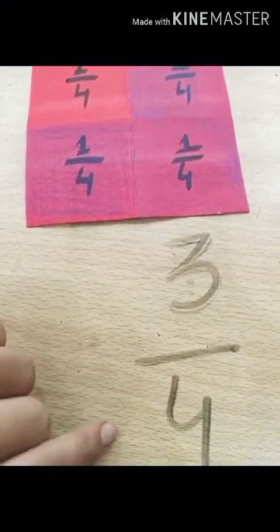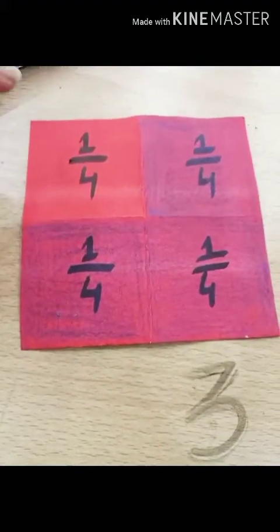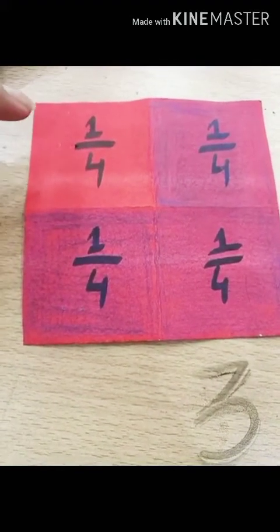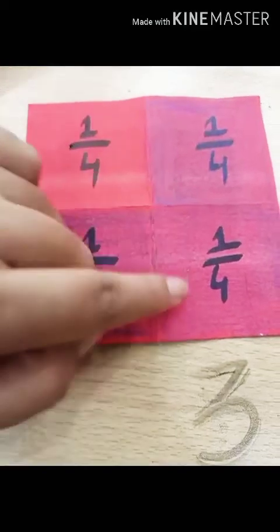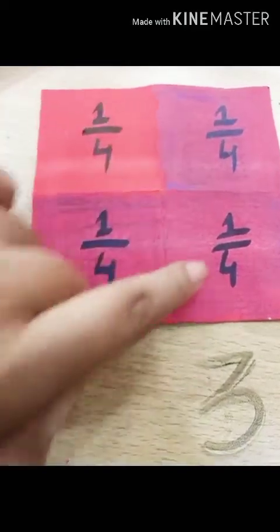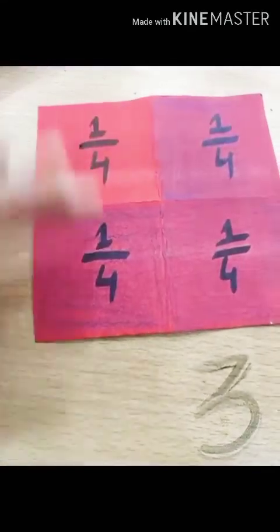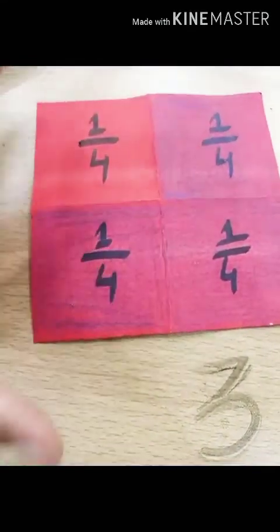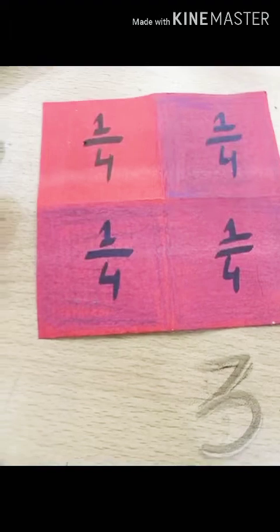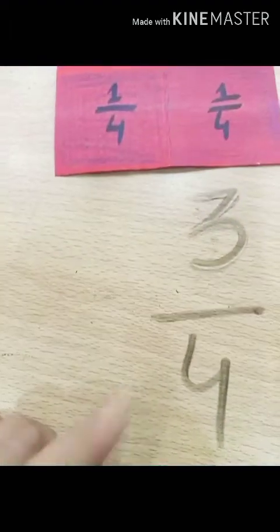Look at this, students. If you count the colored parts, then that will be 1, 2 and 3. 3 colored parts, or the 3 parts of the 4 equal parts, 1, 2, 3 and 4. Okay students, hope this 3/4 concept will be clear to you. Now students, come on to the next. Let us practice. Question number 1.